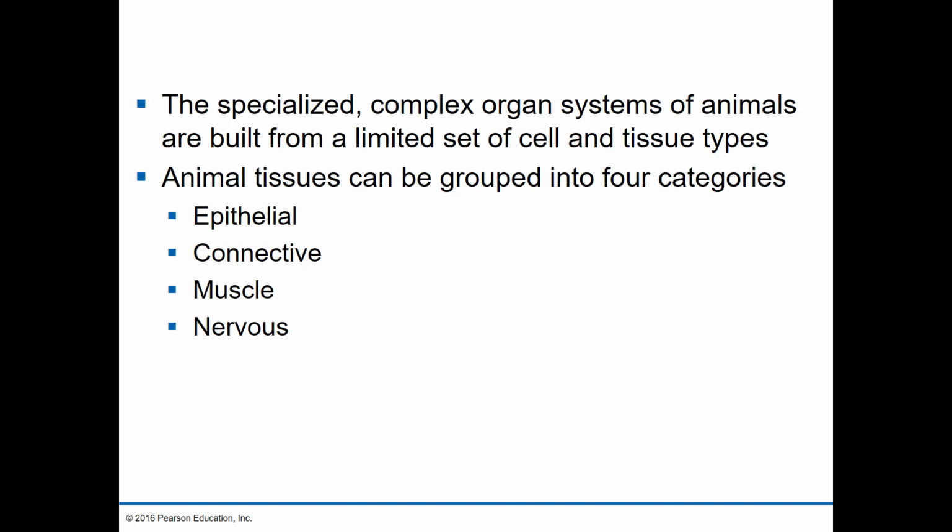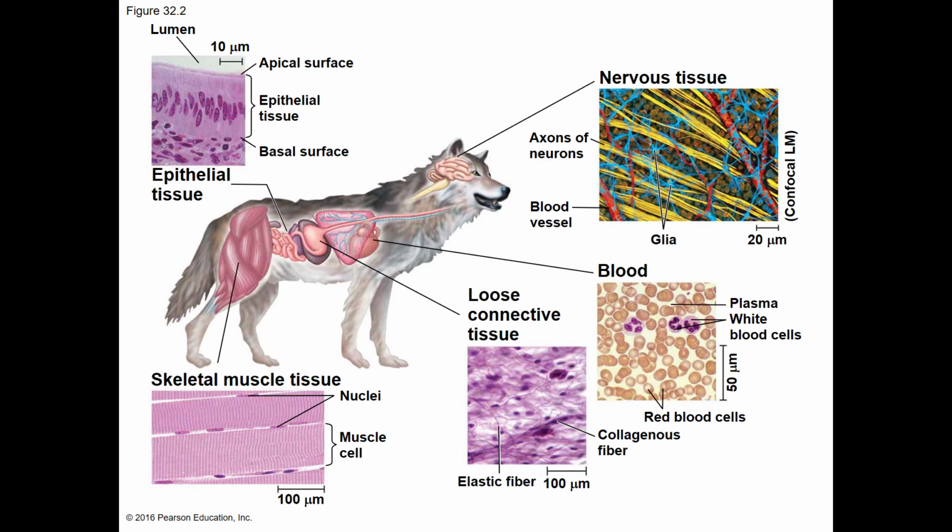What I would know is that we can group animal tissues into 4 different categories. And I would be able to recognize and understand how an organ is made up of these tissues, what types of organs might be made up of these tissues. So our 4 categories of tissues are epithelial, connective, muscle, and nervous. And so epithelial tissue is going to be